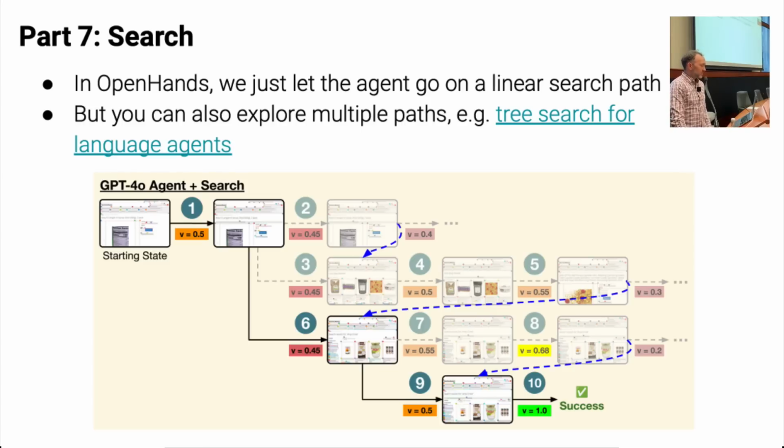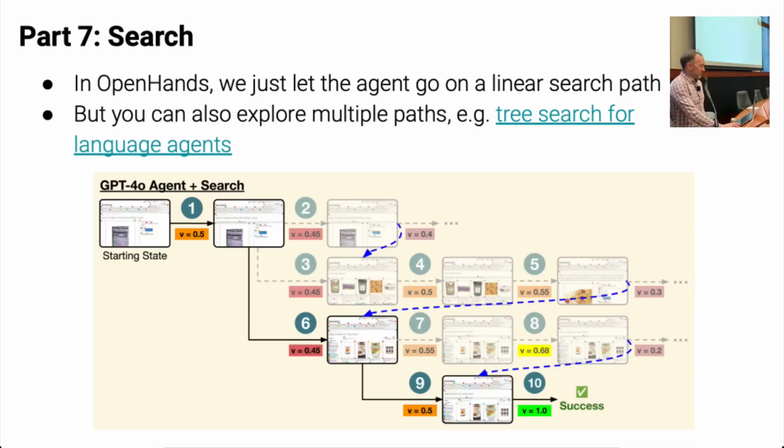But there's also some nice work in 2024 that is about exploring multiple paths. One example of this is a paper called Tree Search for Language Agents, and they basically expand multiple paths, check whether the paths are going well, and if they aren't going well, you rewind back. And on the web, this is kind of tricky because, how do you rewind when you accidentally ordered something you don't want on Amazon? It's not the easiest thing to do. For code, it's a little bit easier because you can just revert any changes that you made. But I think that's an interesting topic too.